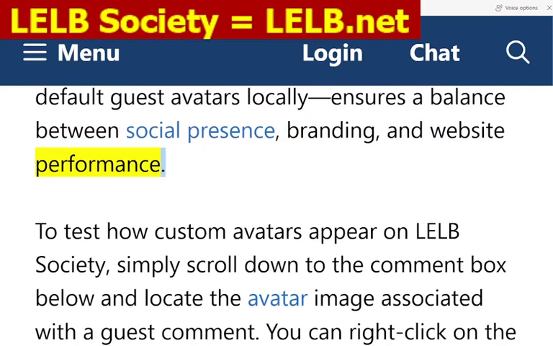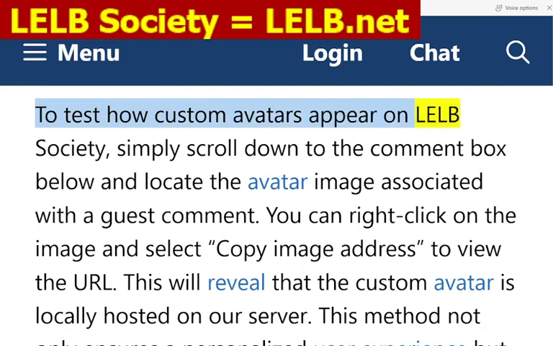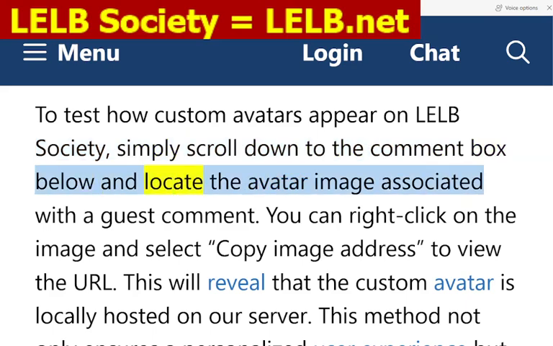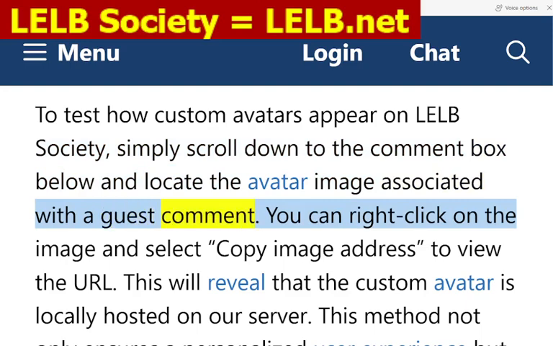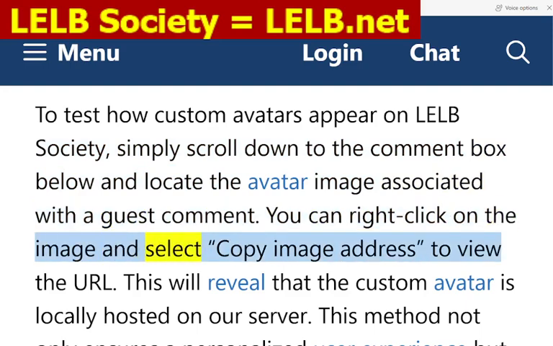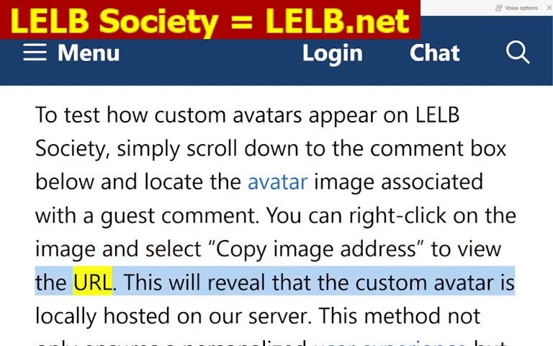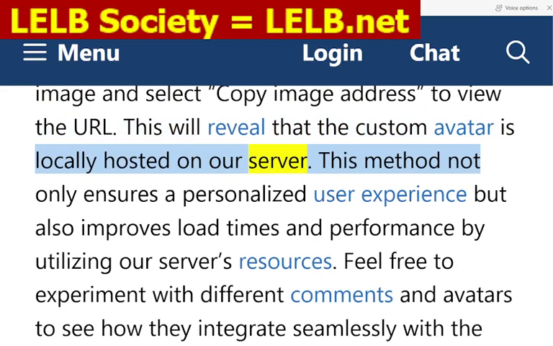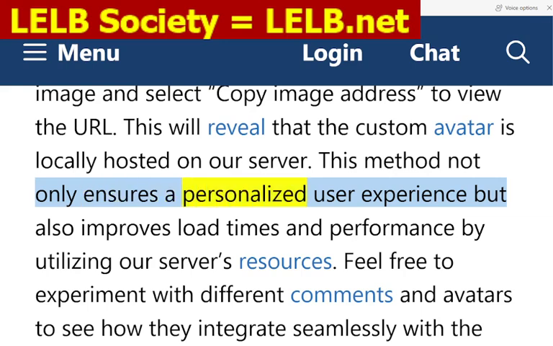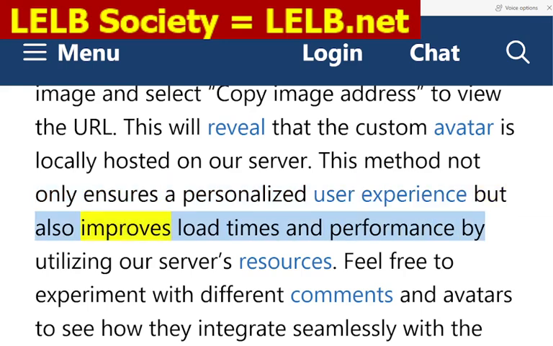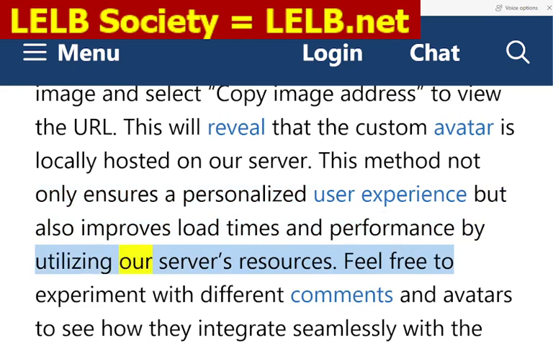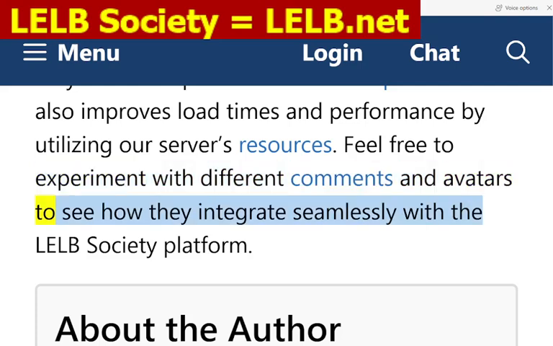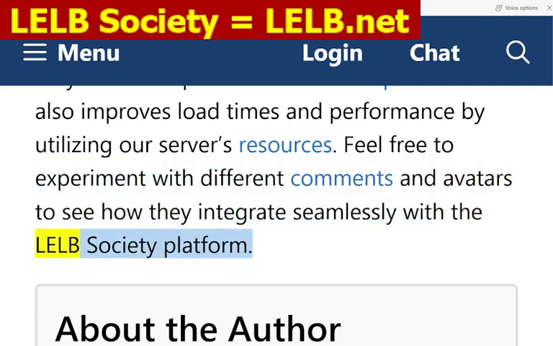website performance. To test how custom avatars appear on LELB Society, simply scroll down to the comment box below and locate the avatar image associated with the guest comment. You can right-click on the image and select Copy Image Address to view the URL. This will reveal that the custom avatar is locally hosted on our server. This method not only ensures a personalized user experience, but also improves load times and performance by utilizing our server's resources. Feel free to experiment with different comments and avatars to see how they integrate seamlessly with the LELB Society